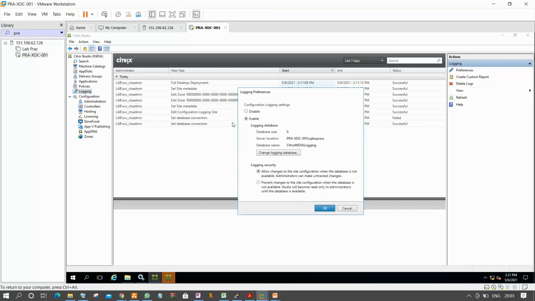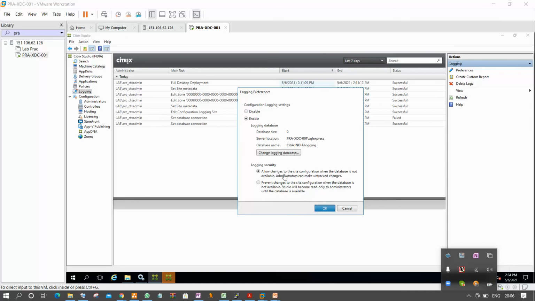If I right click and go to preferences, there is a disable and enable option, and again a mandatory and not mandatory option is available. It is your wish. If you want to disable, you can disable, so logs will not be saved. If you enable, the data will be recorded as either mandatory or not mandatory. Do you have any questions on the logging database, how to configure it, how to enable the mandatory option, or how to select the not mandatory option? You can select it, right?